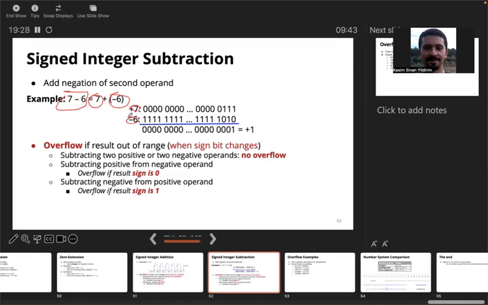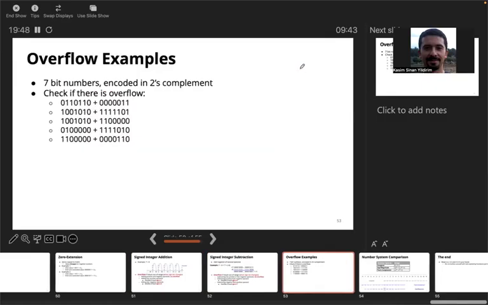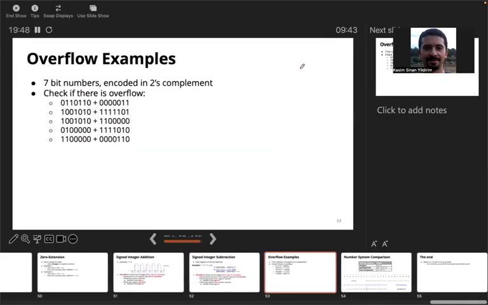But again, if I subtract a negative number from a negative number, then there will be a possibility for an overflow. Again, the same logic: if the sign bit changes, there is a possibility for an overflow. So these are some examples for you. Like check,